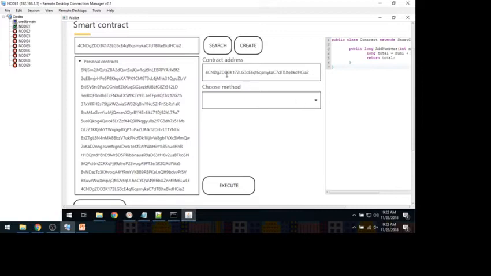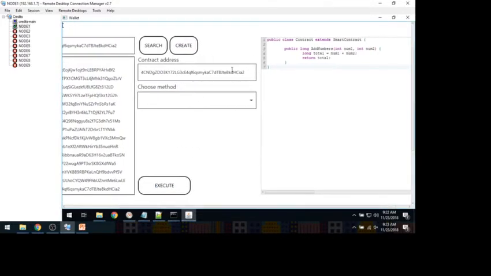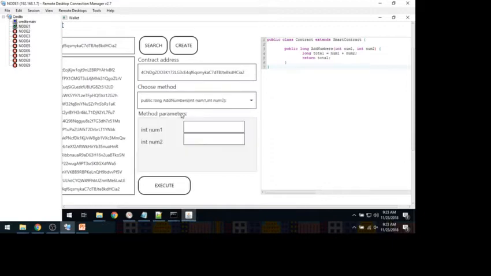It is already available here in your personal contracts, but you can always search for the smart contract using the address. And now when we try to execute this smart contract, it is going to ask which method you want to call. So add numbers is the method name that we have defined, and it is going to ask for two parameters, num1 and num2. So let's say num1 is 4 and num2 is 5. When we try to execute this one,